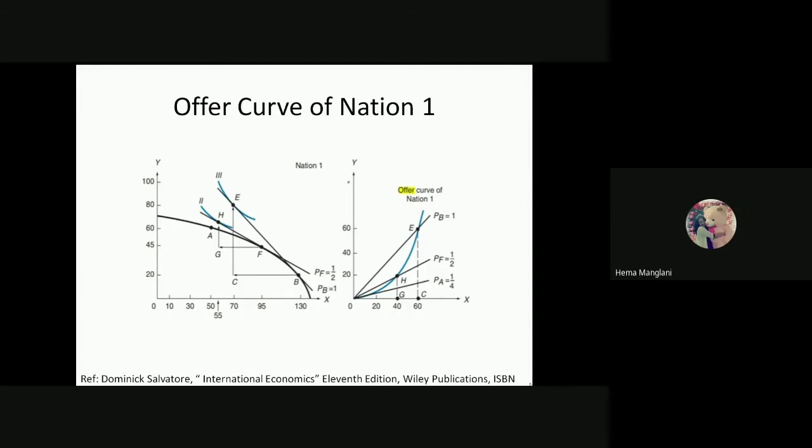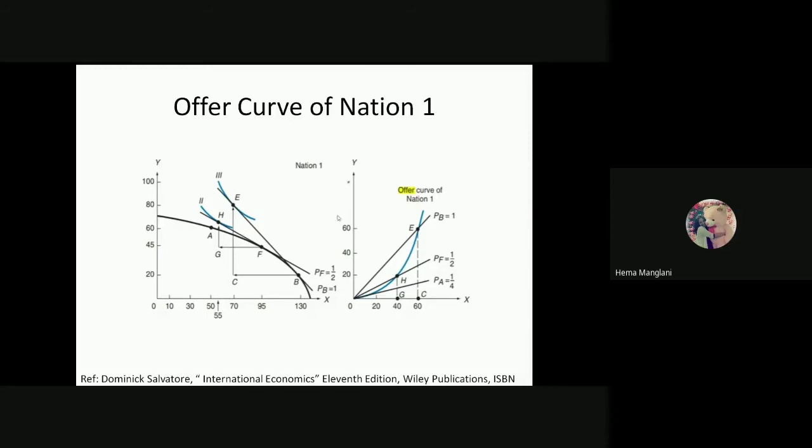Fine. Okay, now the country is offering this first triangle of exchange, then we have a second triangle of exchange. The first triangle of exchange is now the source of this point H here. See, this is our first community indifference curve. I am saying again and again community indifference curve, instead of just indifference curve, because this is the whole country's indifference curve. That's why we call it a community indifference curve.